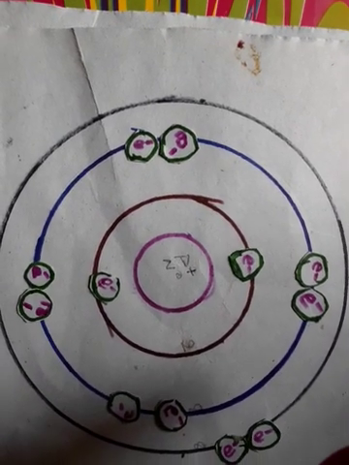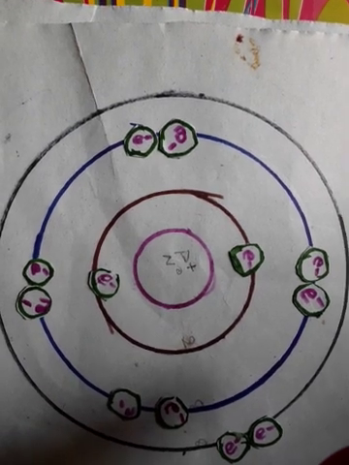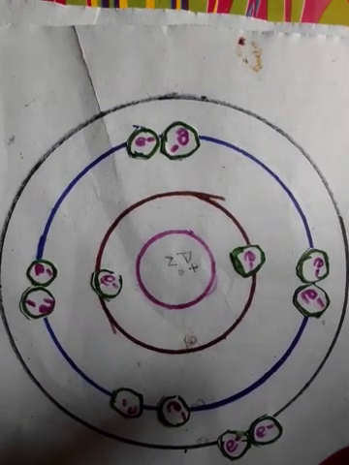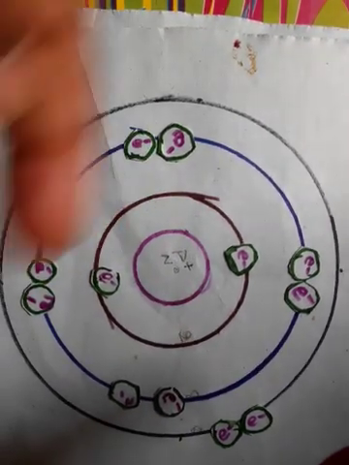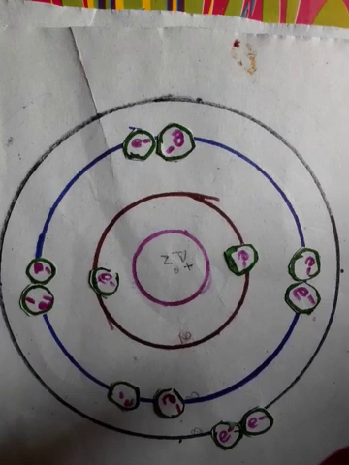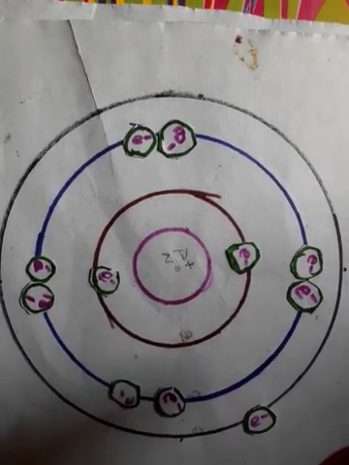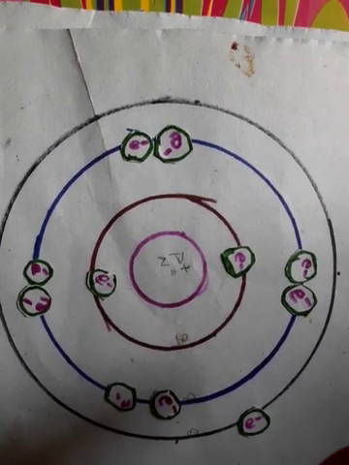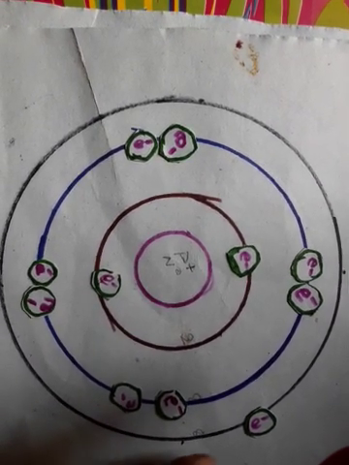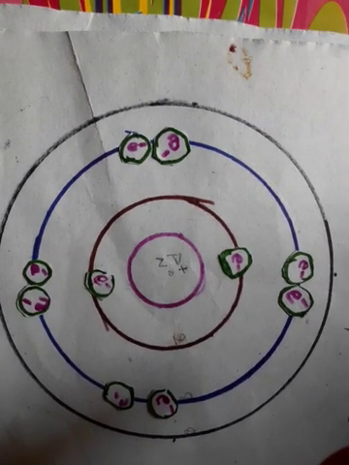Atomic structure is the structure which represents the number and arrangement of electrons in an atom. So total together there is 2, 8, that is 10, and 12. So that is the atomic structure of magnesium. If I remove 1, that will be the atomic structure of sodium. Why? Because sodium has 11 electrons. If I remove 1, that will be the atomic structure of the gas.